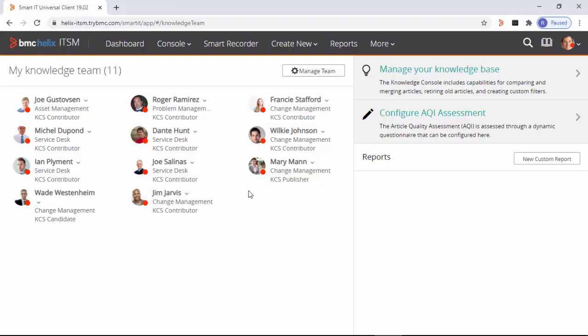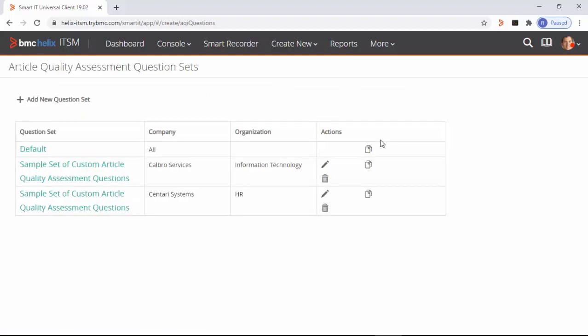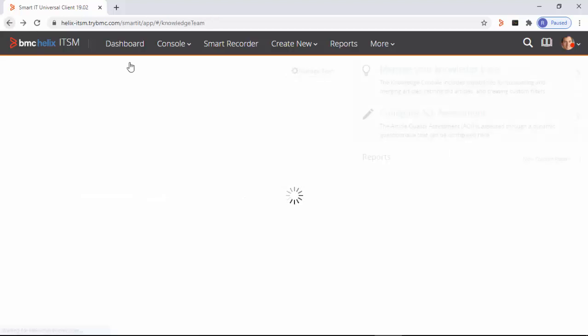In terms of assisting these people to proofread and to refine this article further, we have an AQI assessment, article quality index assessment, built within the system. I can click on it very quickly. A blade opens up and I can see that here are a bunch of questions that a reviewer must mandatorily answer before he promotes this knowledge article further. Similarly,